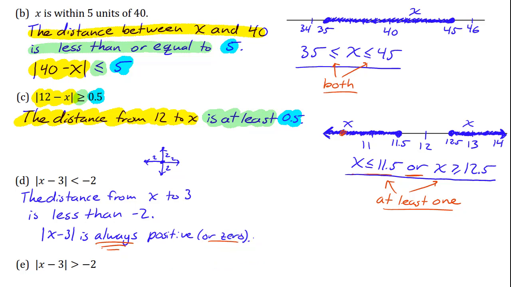This has no solution. There's no value of x you could plug in that will make this thing that's positive less than -2. So that's an important thing. When you're looking at absolute value stuff,